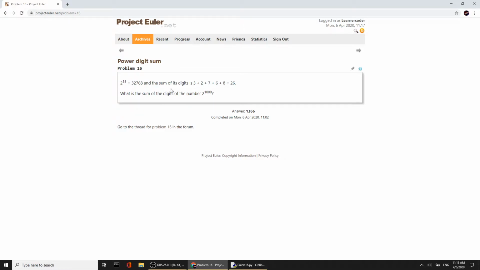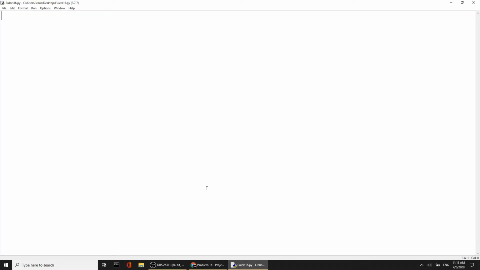So, we basically have 2 to the power of 15, and then we add the digits together, and the question is: what's the sum of the digits of the number 2 to the power of 1000? So, if we do,